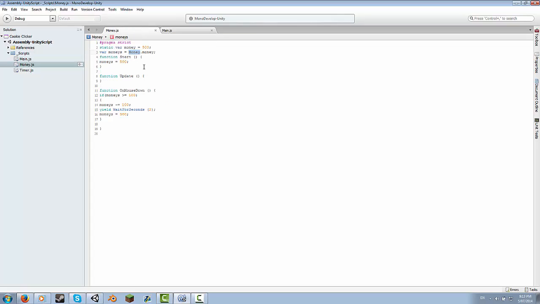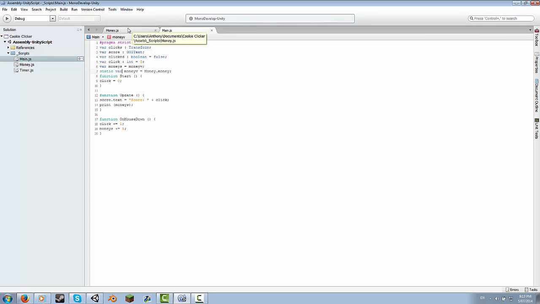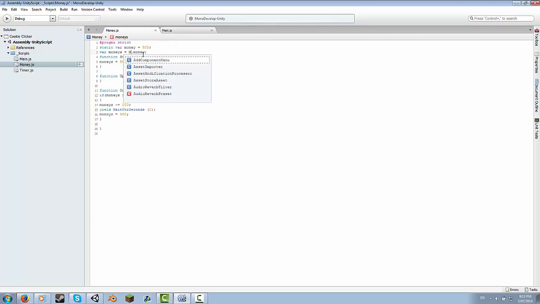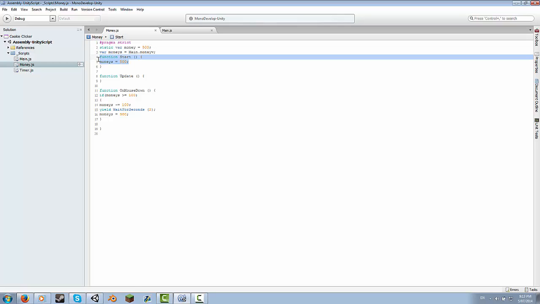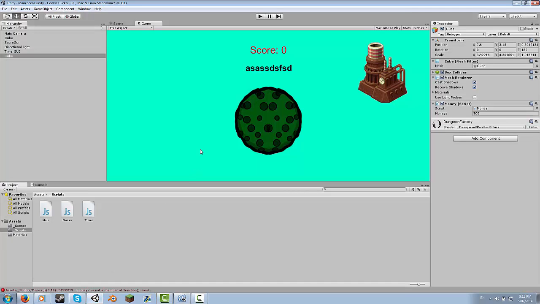Money v. So main dot money v. Now they're all accessing this one variable here. I'm going to get rid of, we'll just do money equals 500 to start. So that took a bit of time, but